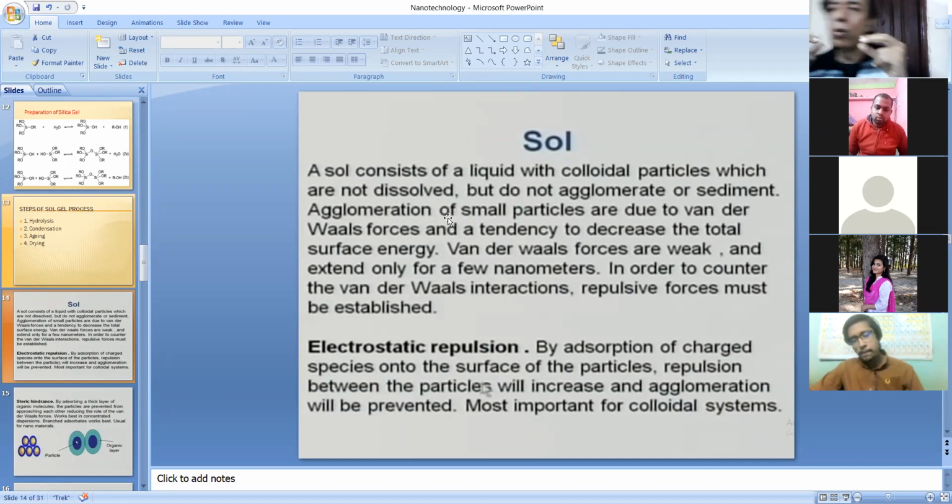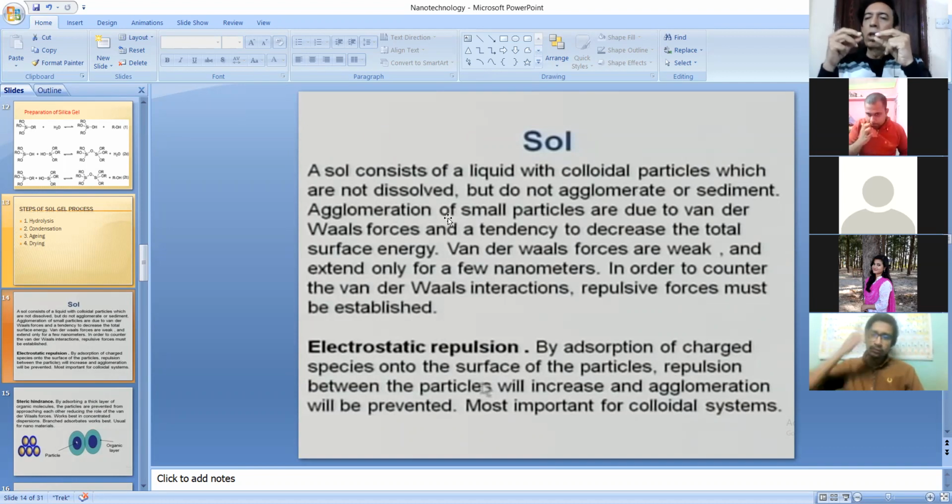Agglomeration is due to the attraction by the van der Waals forces. Say, for example, this particle attracts this particle by van der Waals forces. So attraction happens, but due to the repulsion of same charges,